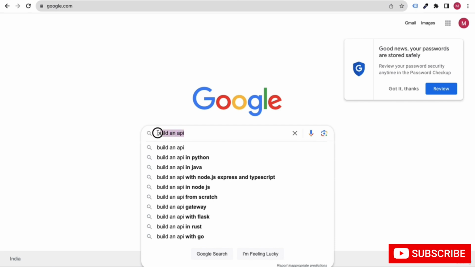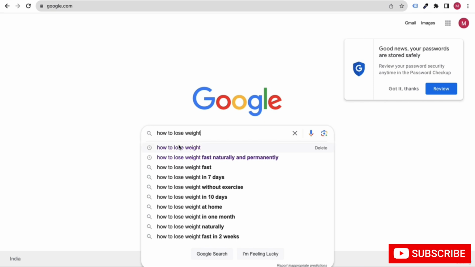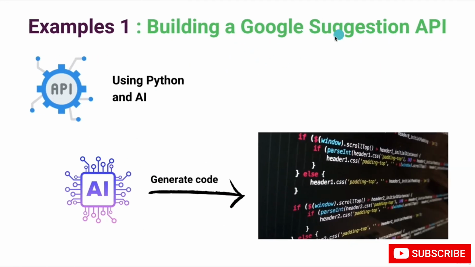If I write here, let's say, how to lose weight, now Google is showing different suggestions. This is what is called Google suggestion, and we will create one API that will provide all the Google suggestions.